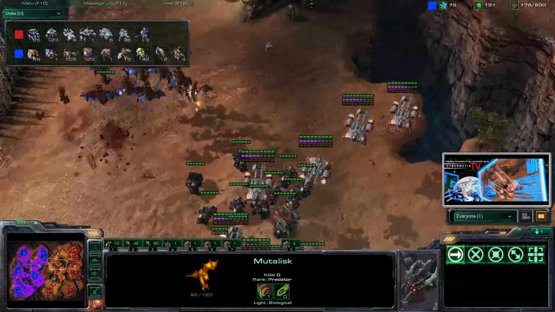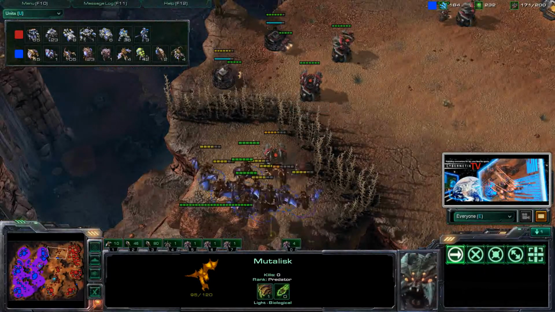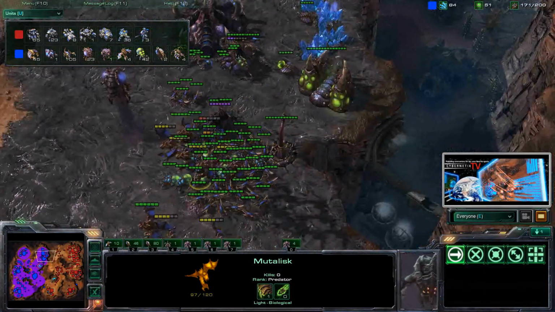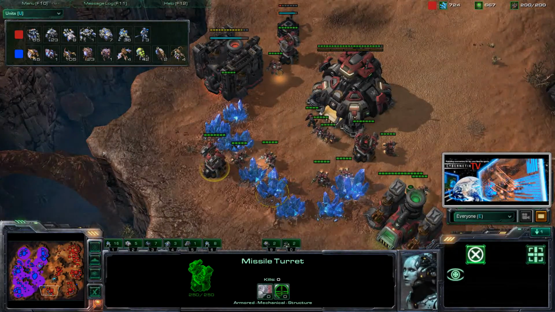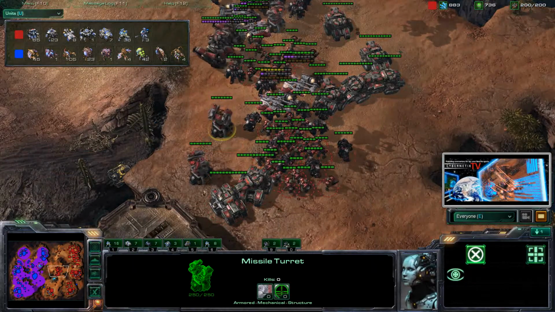The missile turrets themselves, although not a bad... Oh, we do see a couple Thors and a couple Ghosts coming out. These Mutalisks coming in also taking out some missile turrets. You know, missile turrets are not bad against air. They're arguably cost-effective, arguably not. But really what they're designed to do is buy you time for your Marines, for your Ghosts to get there,